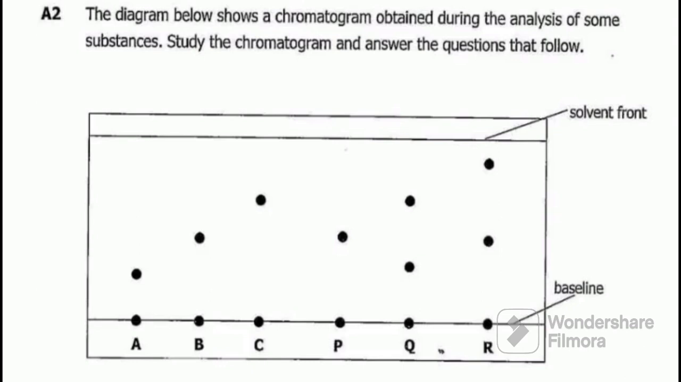We have these components, I'll call them components. So we have A, B, C, P, Q, R. We have the baseline where these components are starting from, and we have the solvent front. So the first question,